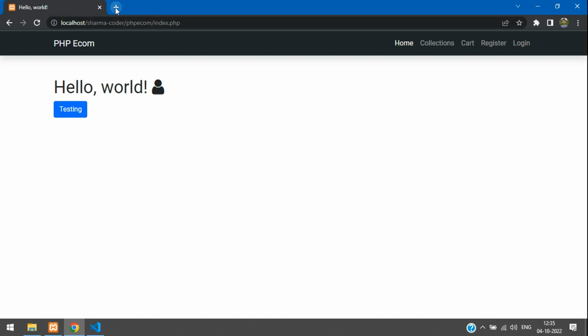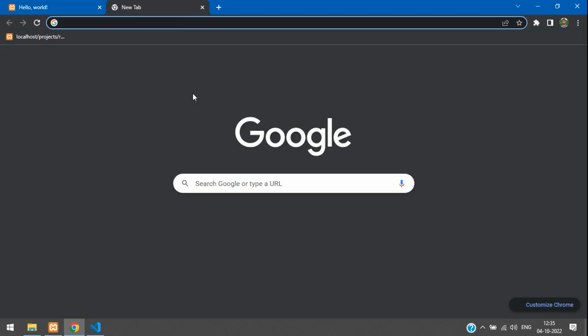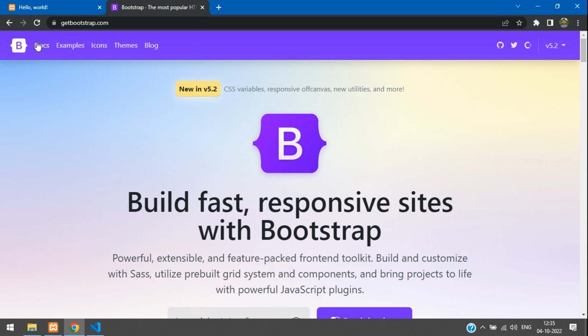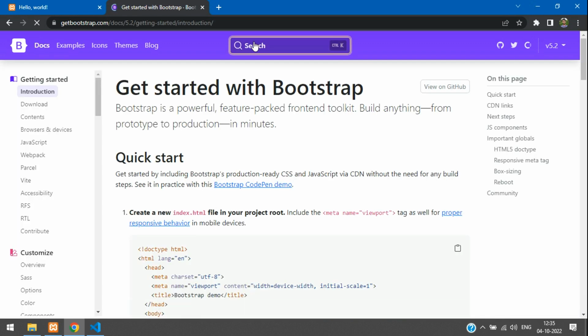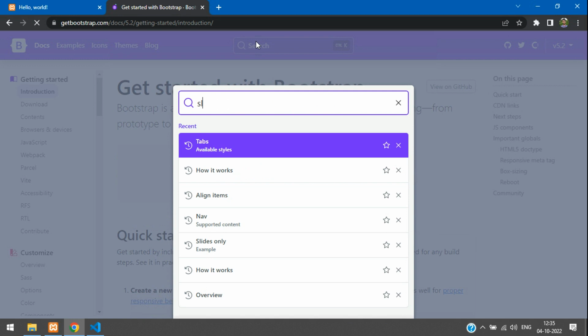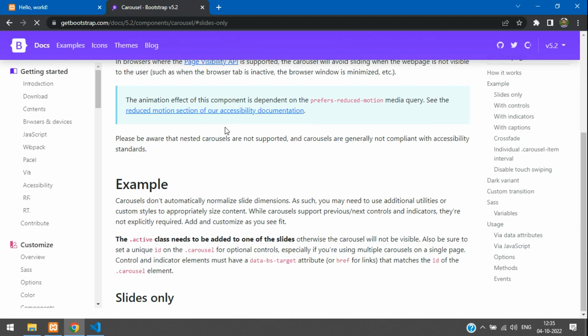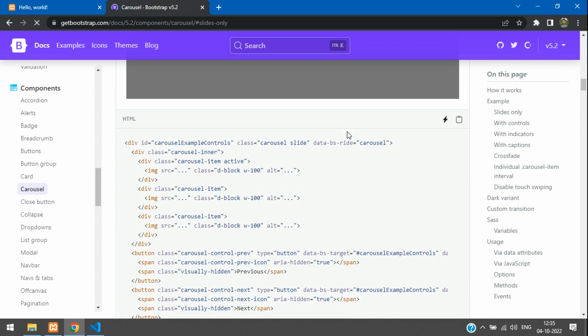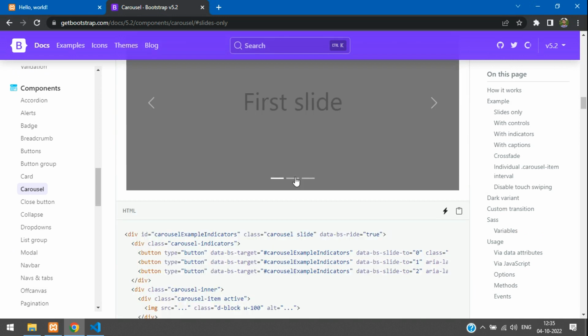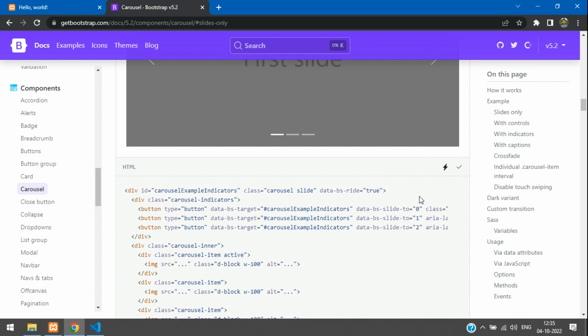So let's go to getbootstrap.com for that. So here it is. Go to the docs and you can just search over here for slider and you will get it over here. Okay, so we will take this one with the indicators. I'll just copy this code and go to your